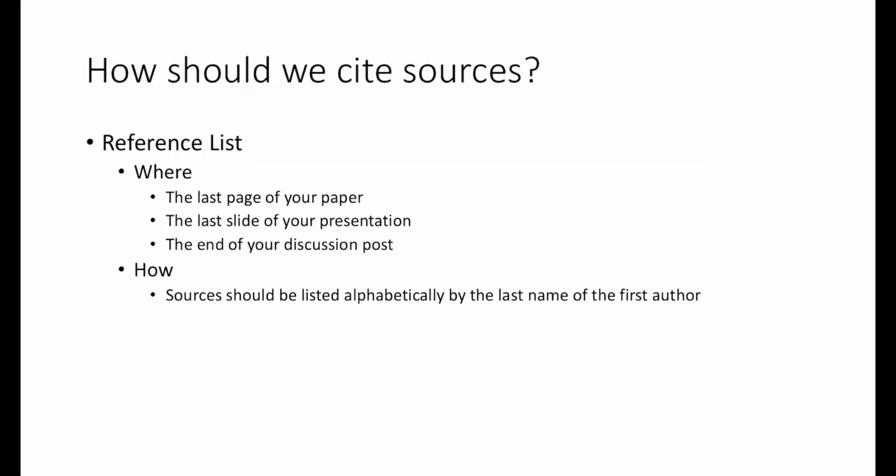And so we talked about how to cite things in the text. In the text, the rule is we want to keep it short and sweet and not distract the reader. We want to give them the basic information about where we got that information from. Now, in the reference list, we're going to give them more information. So if somebody decides that they want to go and find that source and look at the original information, they have the information to do that. So that's the entire reason why we make the reference list: so that we give people enough information that they can go and find whatever it was that we wrote.